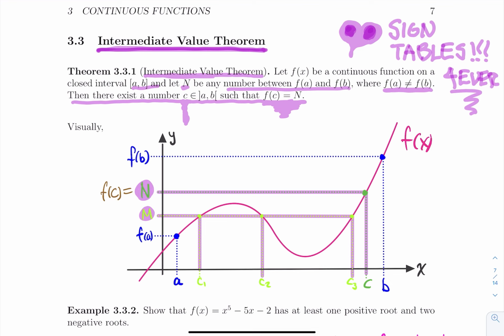Okay, so the intermediate value theorem does not tell you how to find these x's, but that theorem assures you that there are some x's out there that will do the job. Man, that sounds so depressing. Anyways,